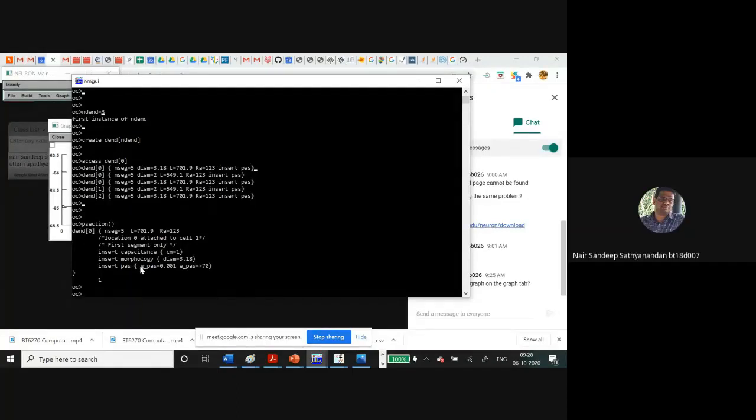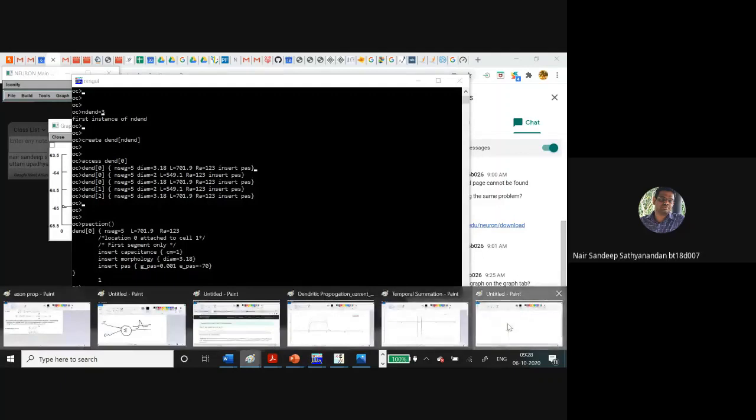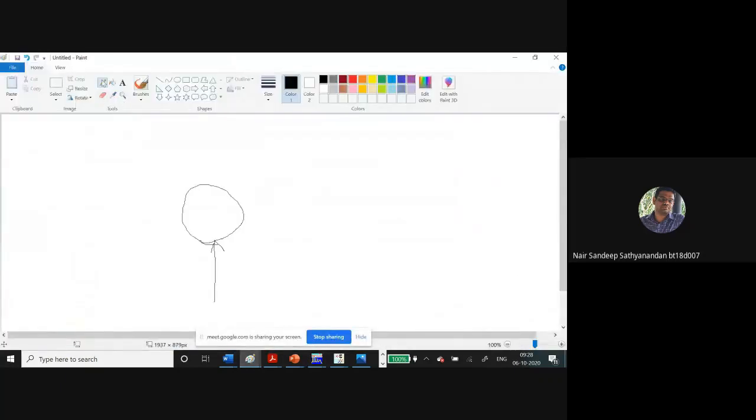Yeah, we need to connect the dendrites to the soma. So let's say there is one common point here. I will name this point as 0 and this point as 1, and to this particular point I need to add the dendrites.